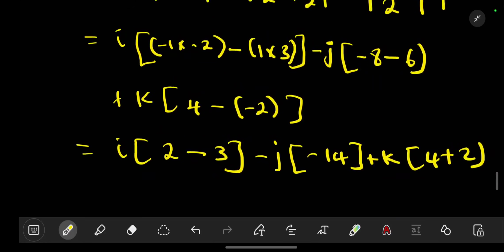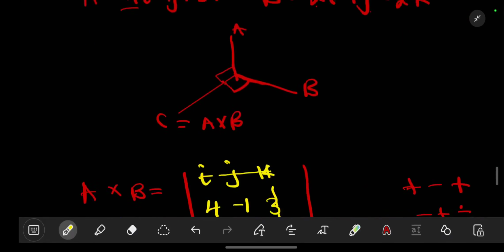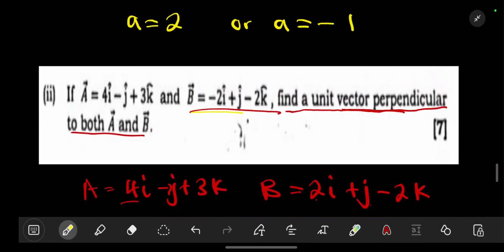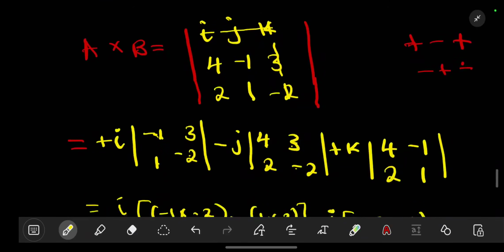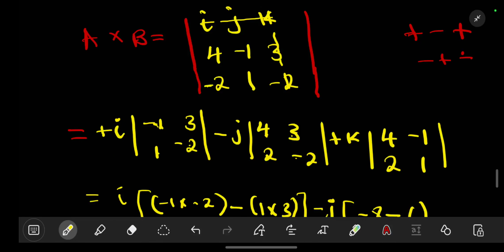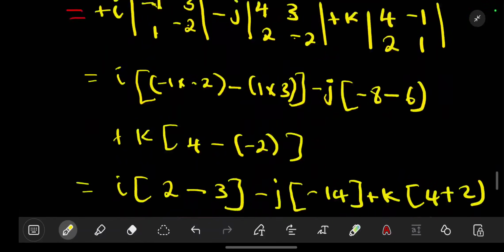Okay, so we have negative 14. Sorry for that, these minor mistakes are because of the repetition of the question. Here on B we have a negative there, so we need to put it there, which means we are going to have a negative 2. The good part is that we have only used it once, so we are going to correct